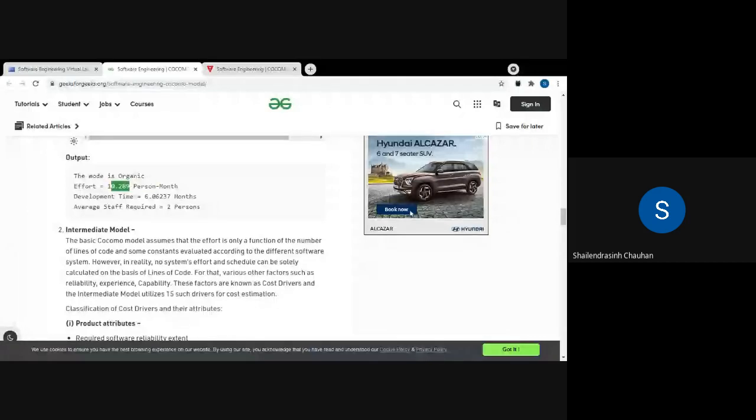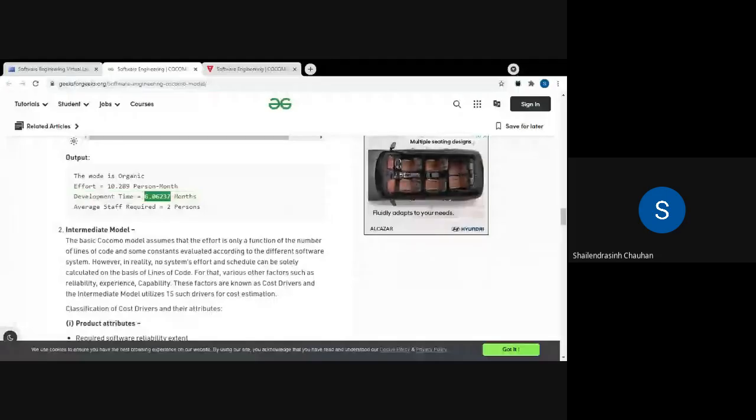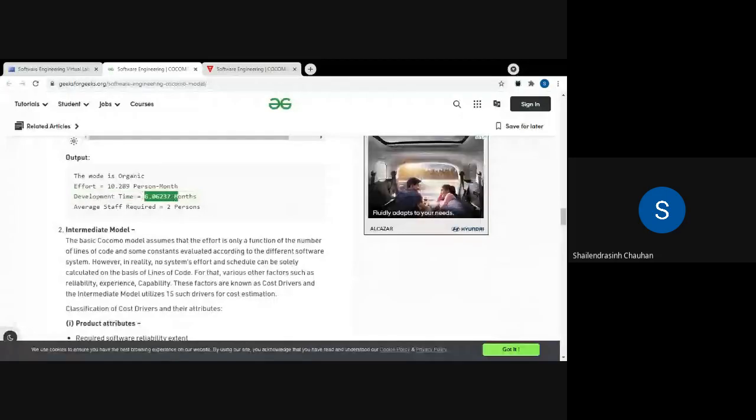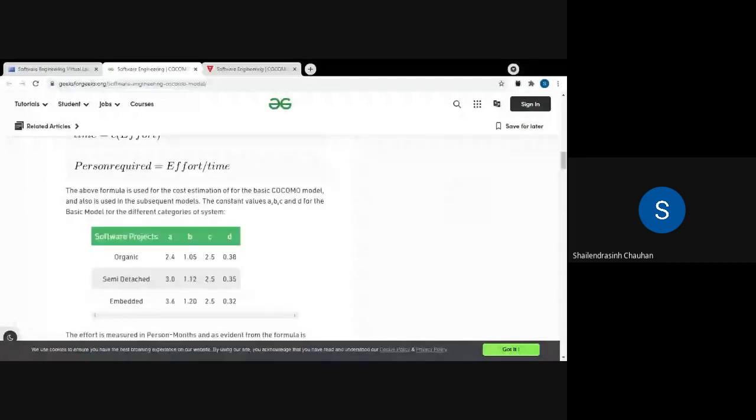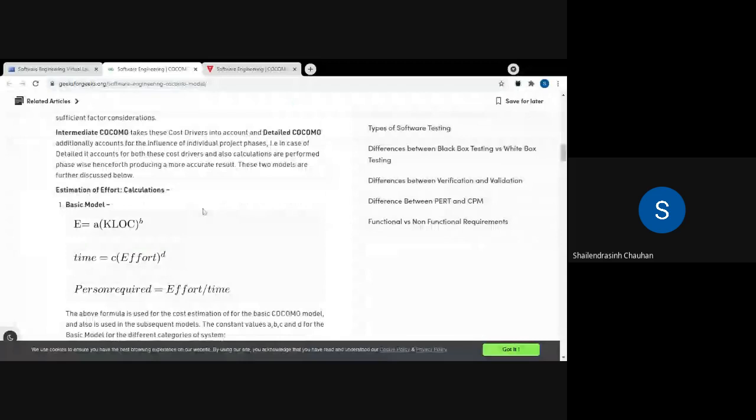And development time is how long this project will take, and that is 6.06237 months. And the average staff required is 2 persons. The same things you can find from this formula. Now here a few constants are there, let us say A, B, C, D.